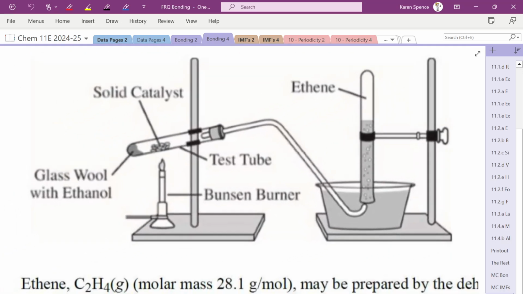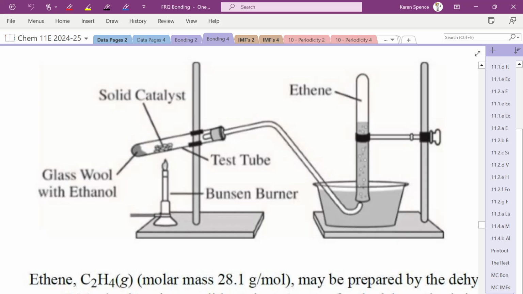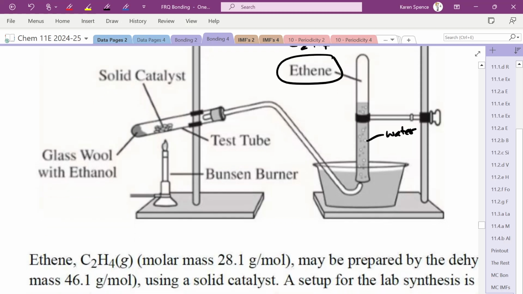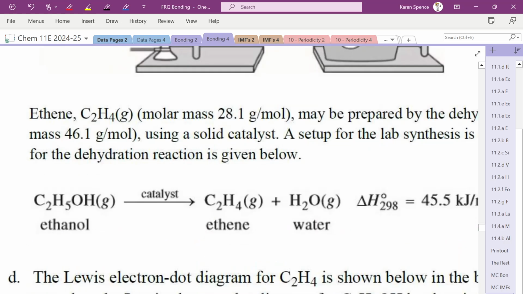So during the dehydration process, they pass through the tube and into the water. So we had ethene, C2H4,